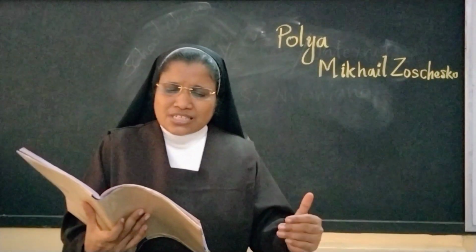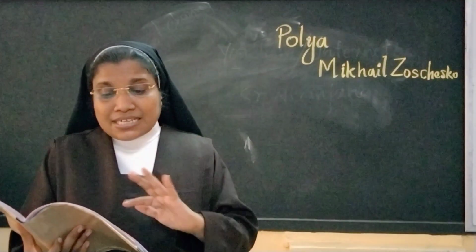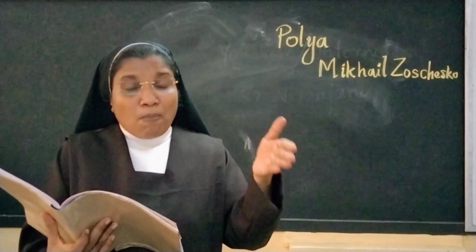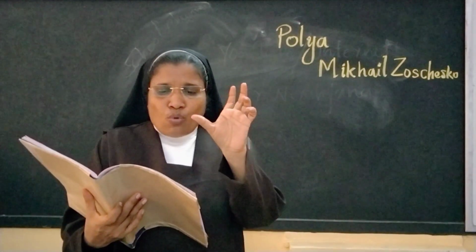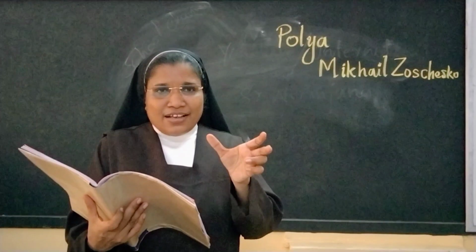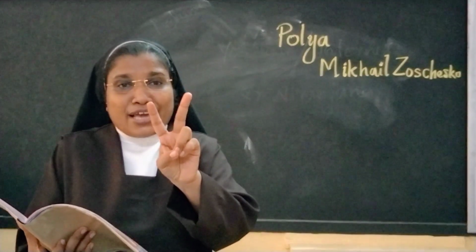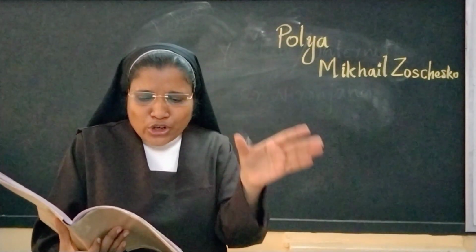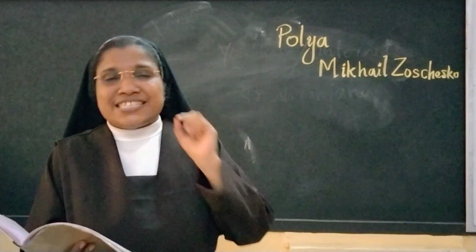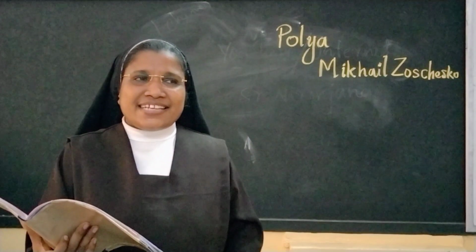Look at these sentences. The moon gives us light at night. The stars also give light at night. Here the subjects are the moon and the stars. That means two subjects are there. So we can combine these sentences. So when two subjects are there, what do we have to do? Not only has to come in the beginning. Not only the moon but also the stars give us light at night.